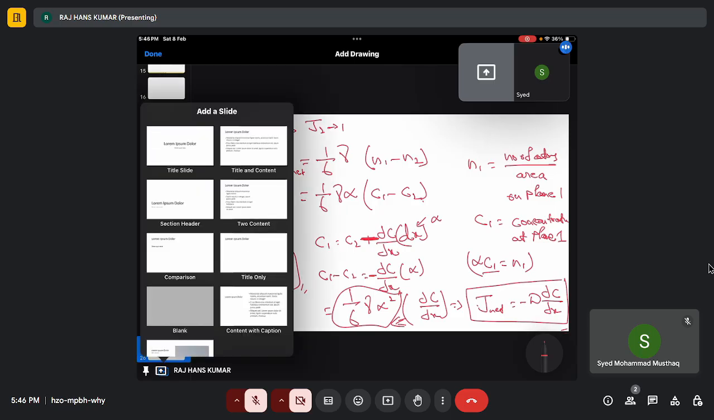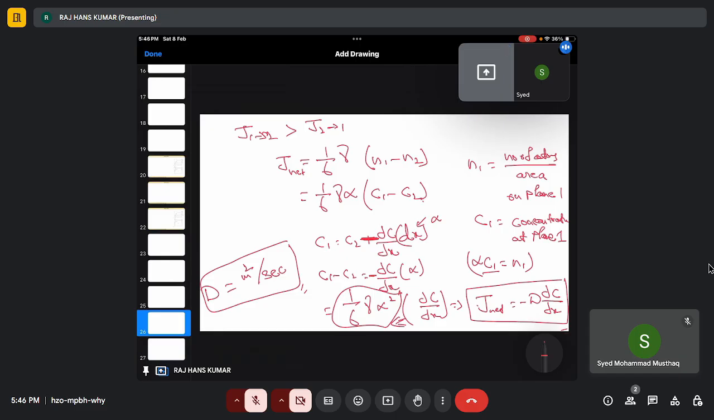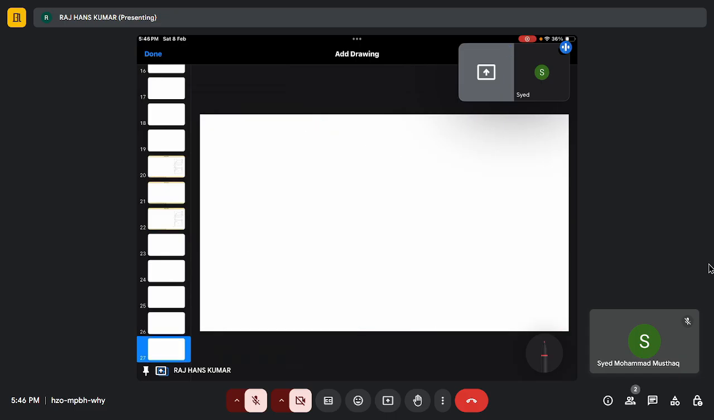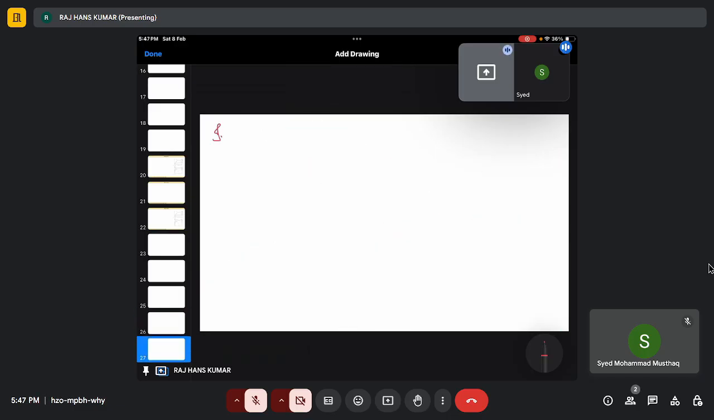Right? So that is my, and this is also my Fick's first law. Okay. Now moving on to Fick's second law. Here the component in Fick's first law,